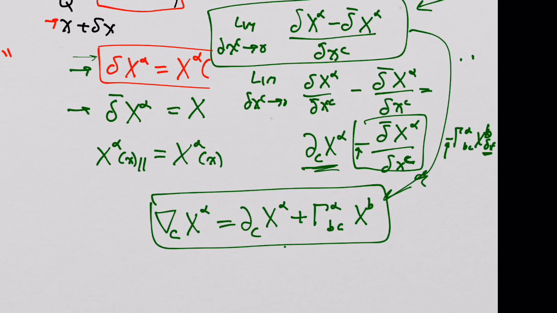And notice what this guy is. This is a real space, these are real indices here, right? So this has got one index up and one index down. So this thing here is a 1-1 tensor. This definition here, if we want it to survive and make sense, we're taking a covariant derivative of a vector field, and the result is a 1-1 tensor. So a vector field is a 1-0 tensor. This becomes a 1-1 tensor. And actually, these are the components of a 1-1 tensor. So the real 1-1 tensor is going to be delta c x alpha, and then it's going to be